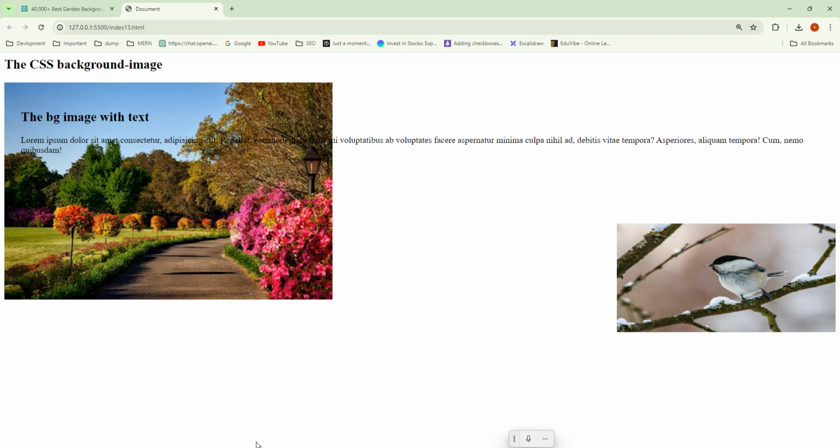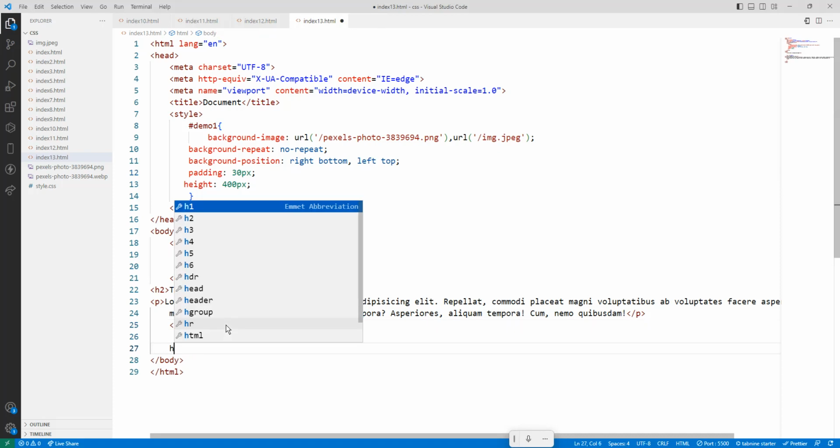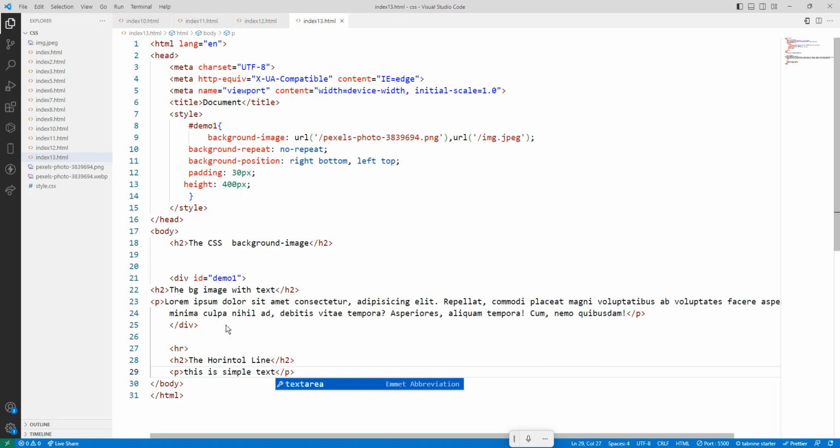RGBA colors. The next is in the same section. I will use one horizontal line. So that is the HR tag, and H2 horizontal line, and we will add one paragraph. You can see here, this is a simple text. Copy,